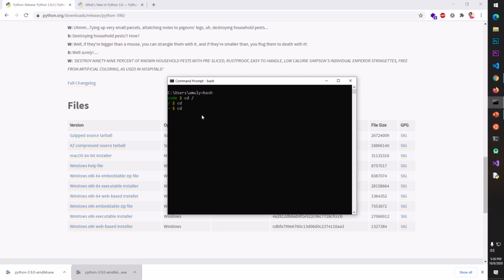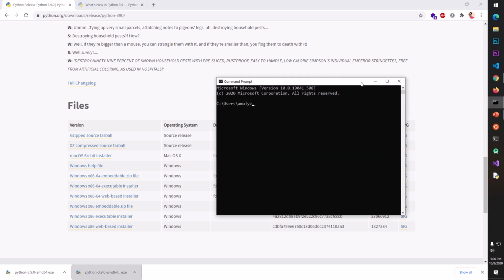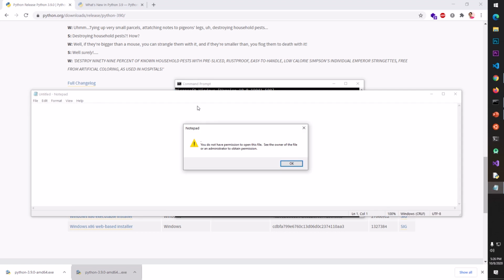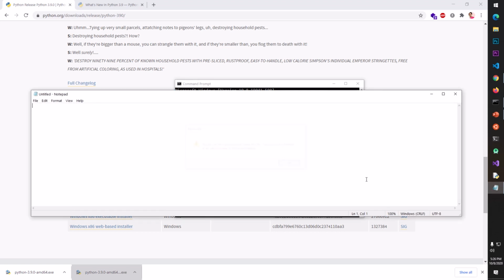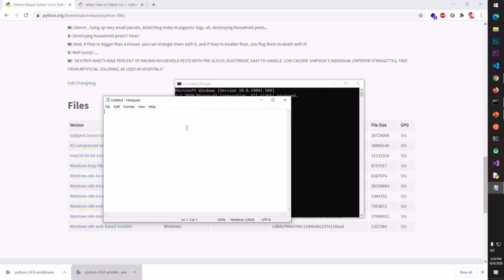Okay, it's a bit confusing. So what I'm going to do now, I'm going to relaunch this command prompt, which is in my user's profile. Then I'm going to get into this desktop, and here I can type notepad. I've got this notepad here, and I can write my program here. So I can simply say print,